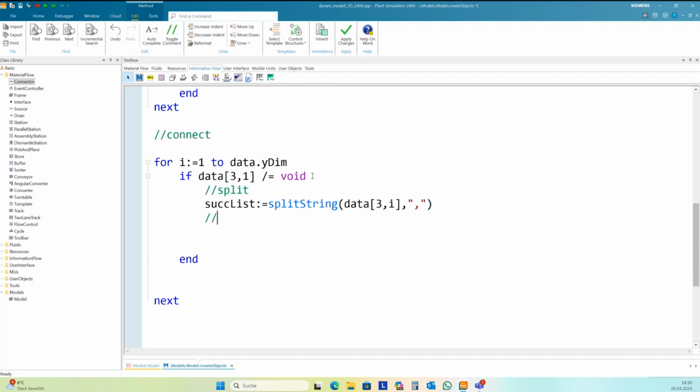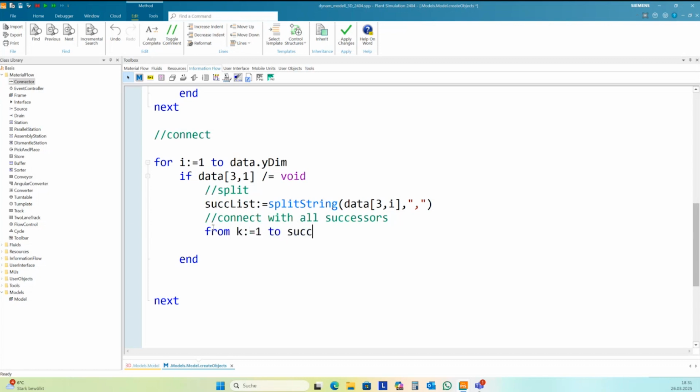And then I need to connect. So the successor list is here an array of strings, and so I need to change the data type here to integer, and I use a second loop here for k is 1.